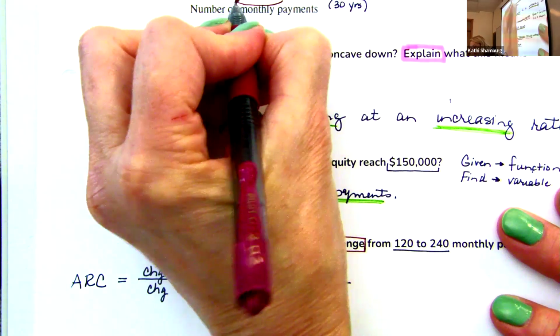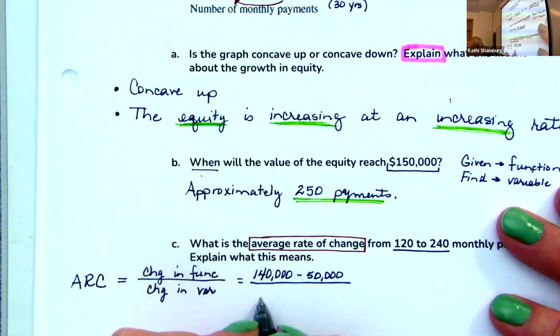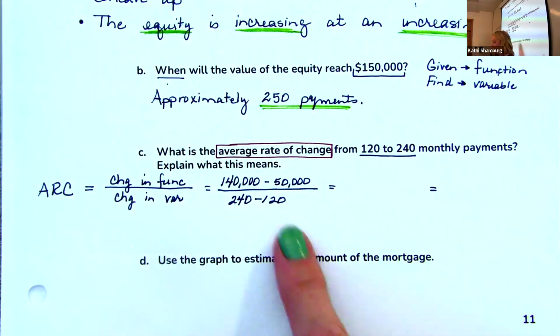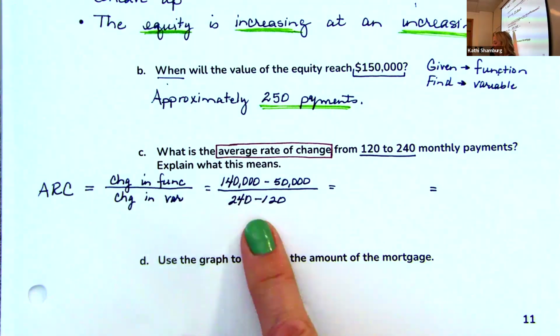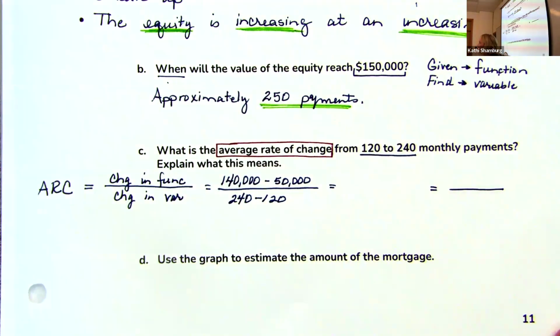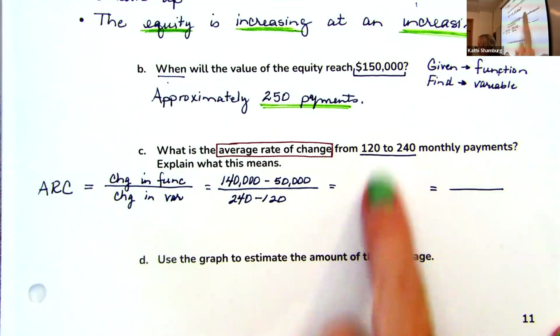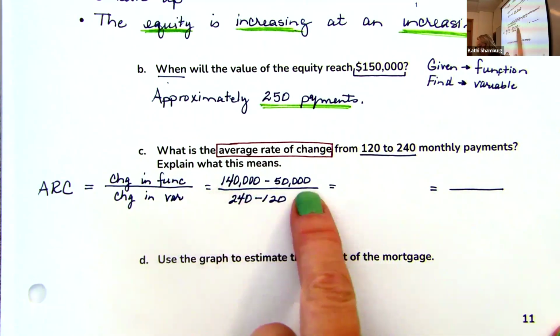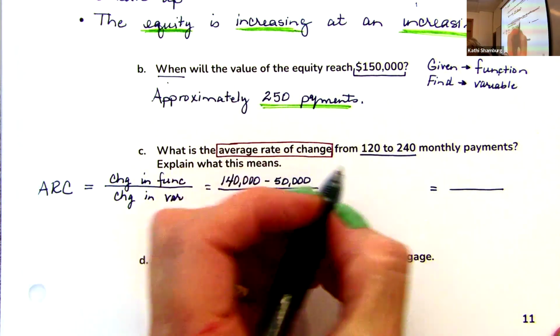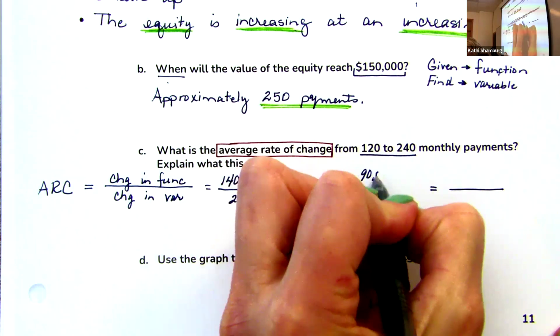And then we would do 240 minus 120. Now, if you want to put this in your calculator and go straight to the answer, I'm fine with that. You do not have to show this step right here, which would be doing the subtraction separately, and that is the 90,000